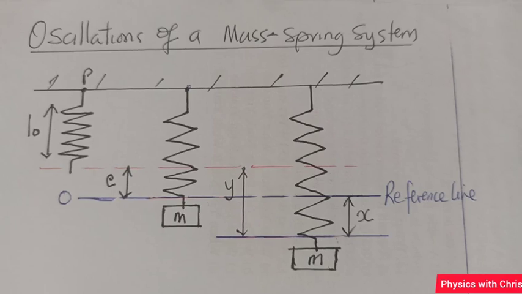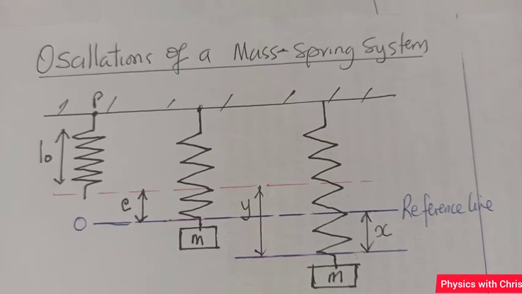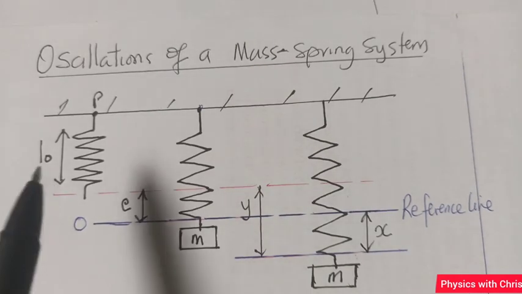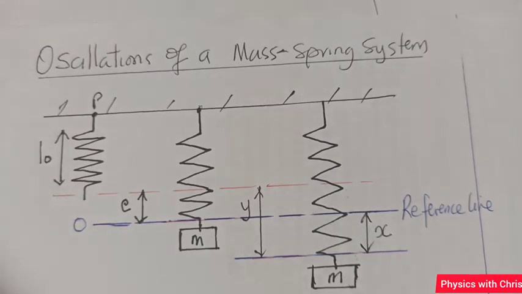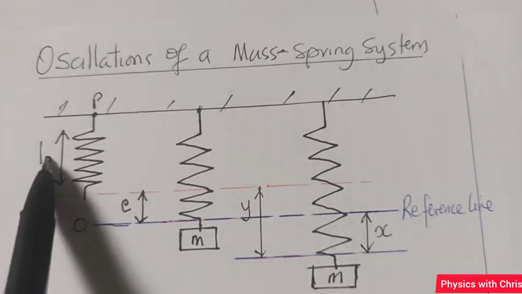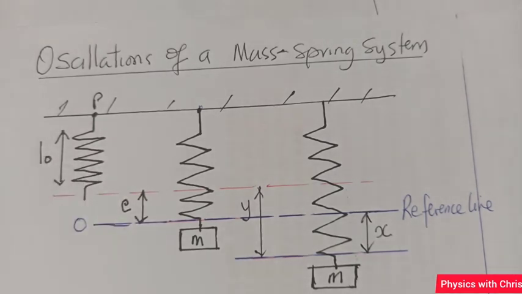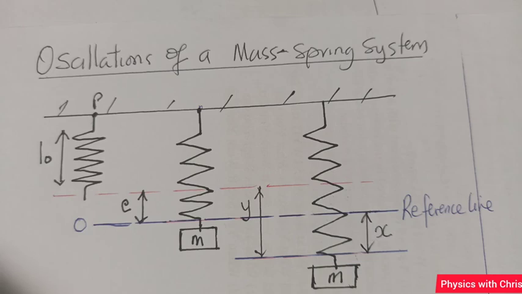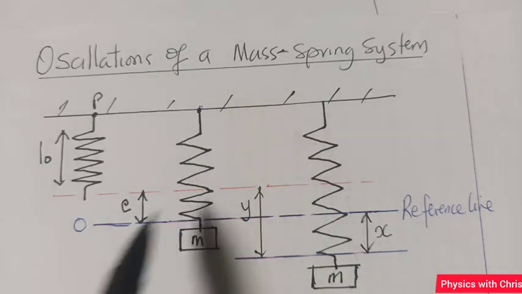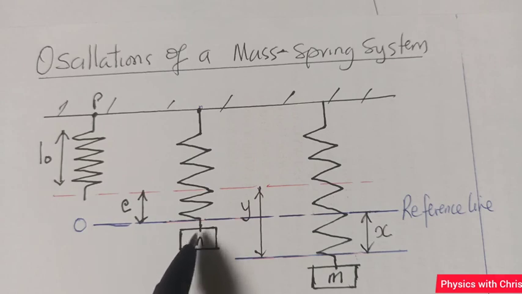So here you are given a mass spring system. First of all, in this first diagram you have a spring suspended below this point P, and L naught here is the natural length of the spring, the unstretched, unextended length, because you can see that at this point there's no mass yet attached to the spring. Now in the second picture, you can see that a mass M is then attached to this end of the spring,